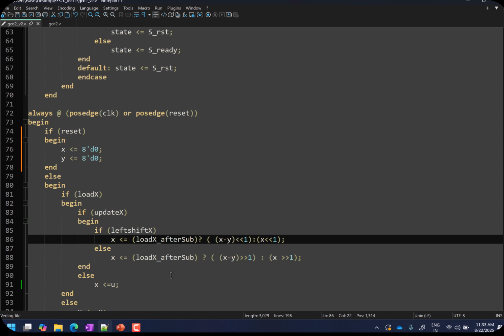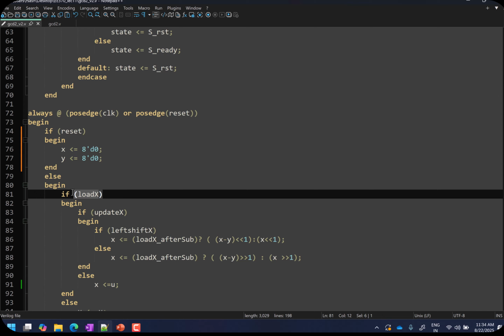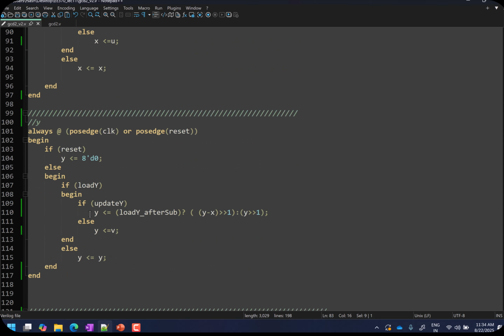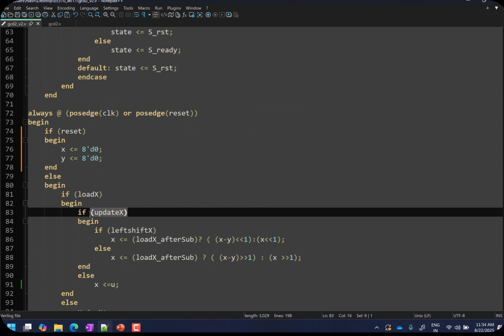We can do that also, but there is something you have to keep in mind. X and y are controlled by different control signals, right? So now I will have to specify what happens to y under two different cases of load x. Similarly, what happens to y when I do update x, and vice versa. What should happen to x when I have load y equal to 1 and load y equal to 0. So you can still write it that way, but your code becomes slightly longer, a little unnecessarily also, right? So instead of that, I have written separate always blocks for x and y. So can you write out how the always block for y should look?